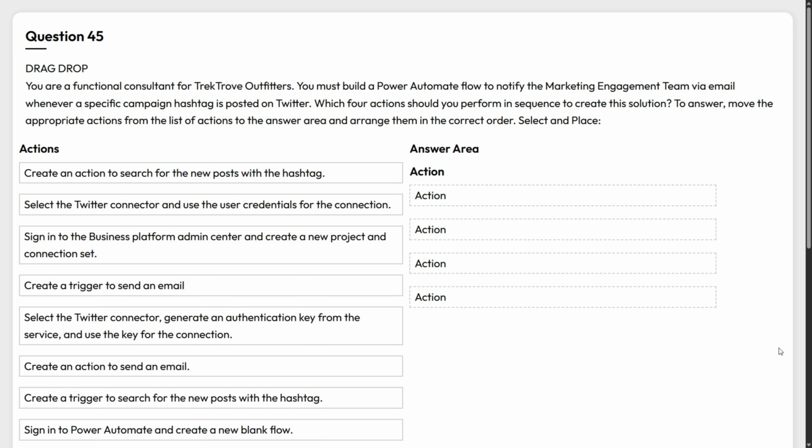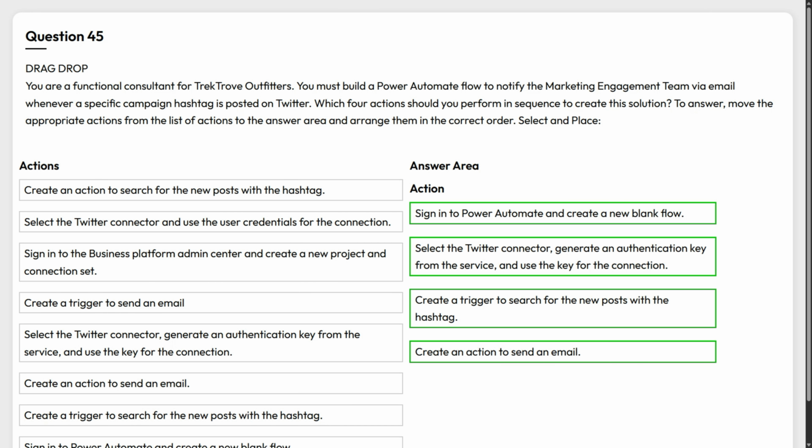Question number 45. You are a functional consultant for Trade Grove Outfitters. You must build a Power Automate flow to notify the marketing engagement team via email whenever a specific campaign hashtag is posted on Twitter. Which four actions should you perform in sequence to create this solution? On the left side, you have the actions. On the right side, you need to choose the action in the correct order. The correct order is